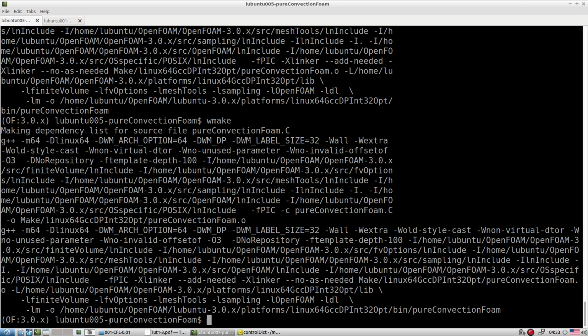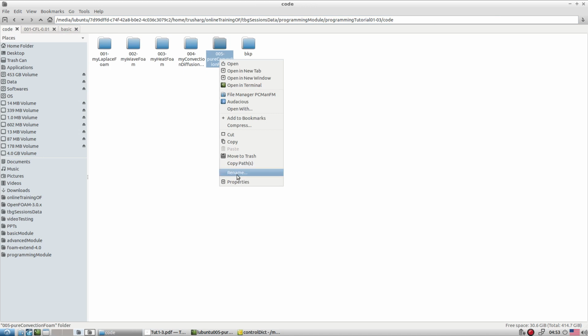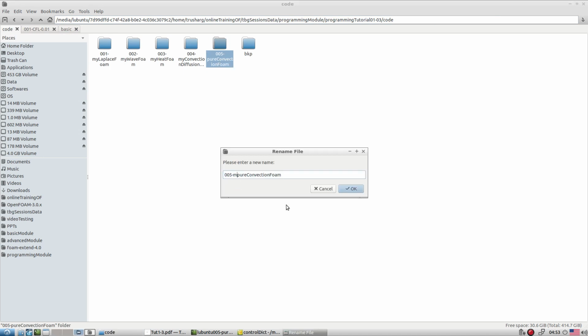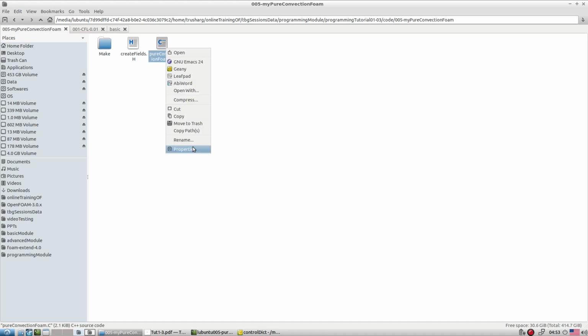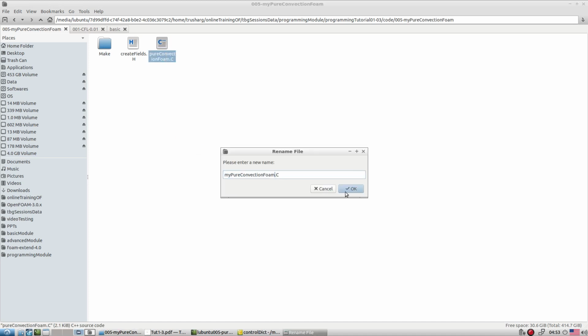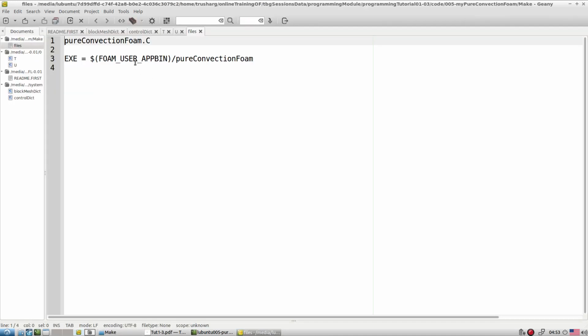I supposed to give the name as my convective form, pure convective form, that is better. To be consistent with the naming, it is better to change this name to my pure convective form. So when you change it here, we have to change it at a few places, so I am also replacing it here with my, as well as inside this file, so we have the same name.